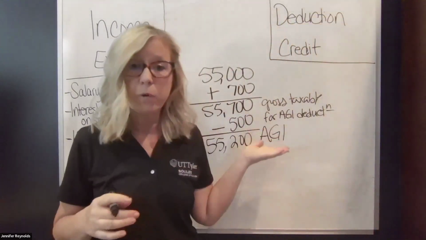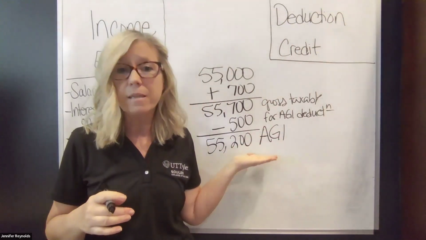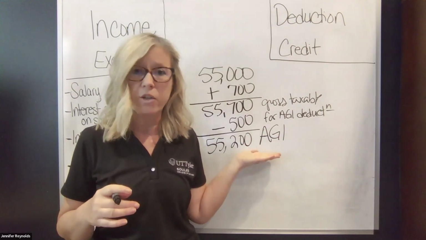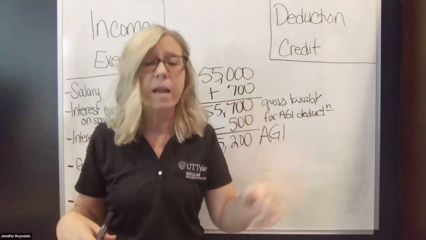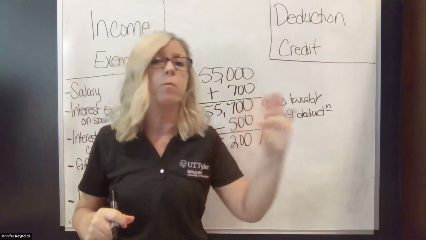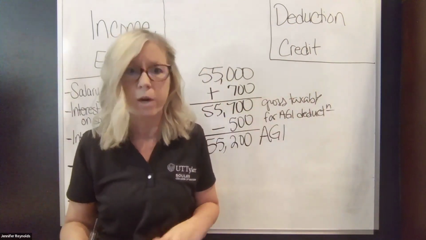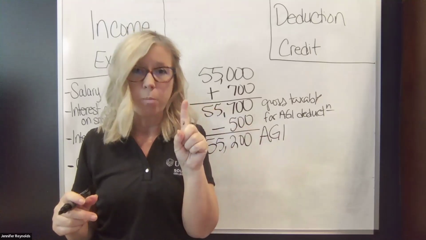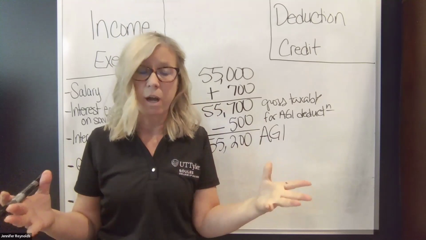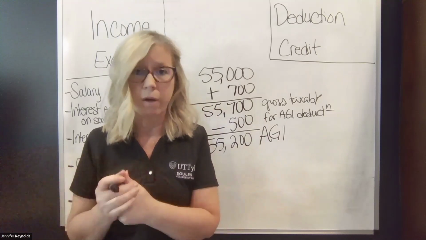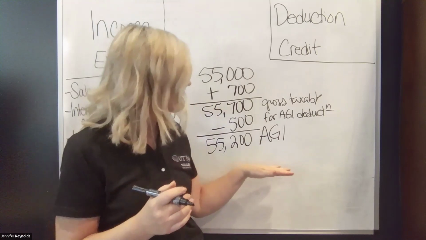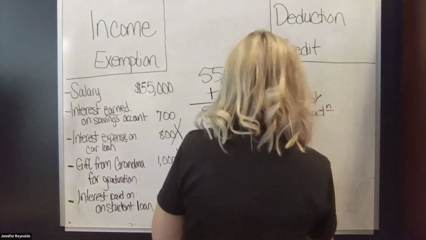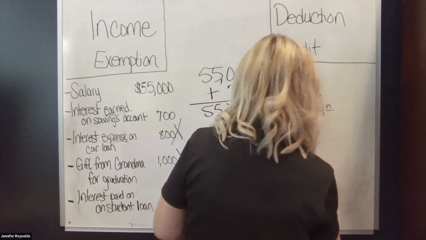It's really important for tax purposes because Congress bases a lot of things off of this AGI. If you make too much money and they look at your AGI, they go, oh, never mind, you can't have that deduction. You can't have that credit. We're going to charge you more here. We're going to charge you more there. So AGI is a very important number, but we still have one more step to go before we get to what's called taxable income, the amount of your income the federal government's going to tax. This last step is another deduction, and I'll compare these in just a second, but it's called a from AGI deduction.